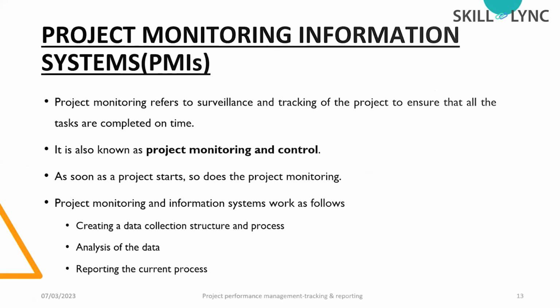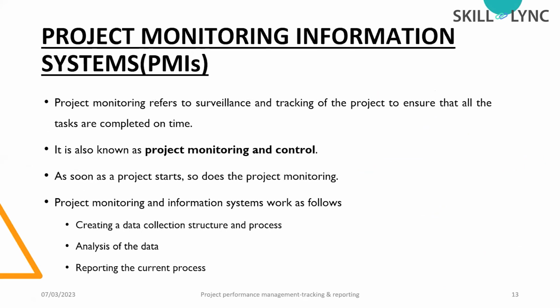Then second will be the project monitoring information systems, or PMIS. Nowadays, there are loads of software that do this PMIS process. So basically, what is PMIS? This is simply the project monitoring and controlling measures. In the construction industry, we know that there will be a lot of activity happening. For example, we will be doing quality checks. We will take the concrete cube for checking the characteristic strength of the concrete. Once we get the strength value, if it is not the desired outcome, we will go for some control methodologies. That is an example of quality control.